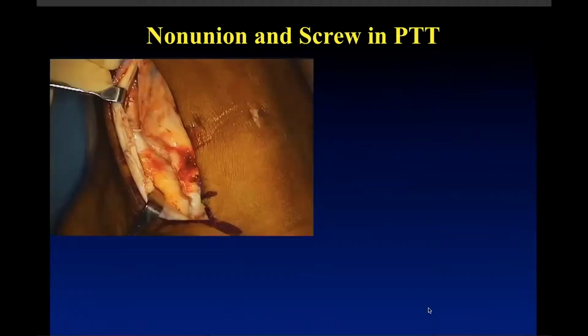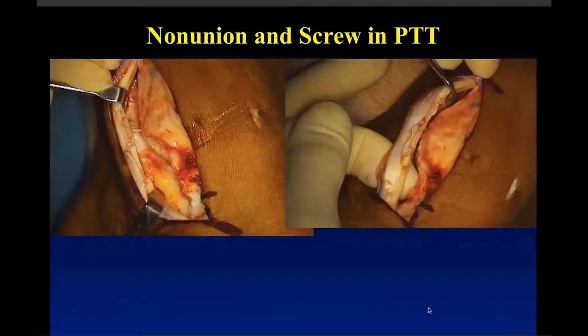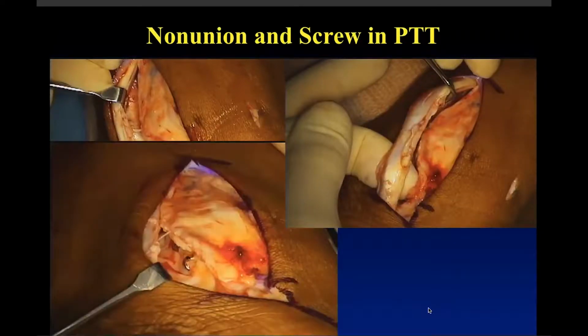Took him to the operating room, and more concerning was the fact that he had screws in his posterior tibial tendon. So again, when you take on these patients, beware of using percutaneous techniques. You've got to know where your anatomy is. You've got to avoid the posterior tibial tendon. But also, I think you want to do the right kind of fixation. So in this situation where we saw that